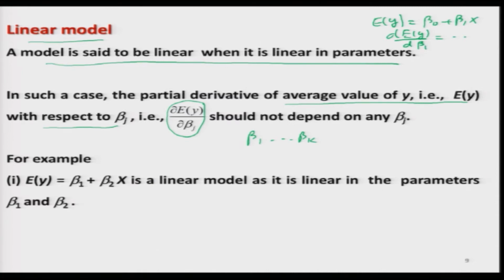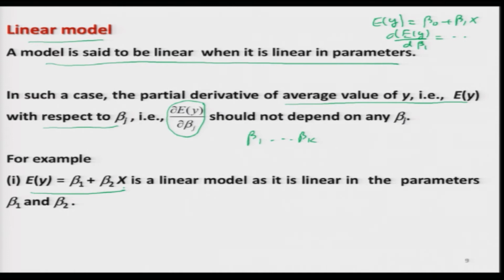If this happens that out of 3, suppose 2 partial derivatives are independent of parameters and the remaining one is dependent on the parameter, then even the model will be termed as non-linear. Okay. So, let me try to take here some examples and try to explain you this concept. So, you see this is our old friend,